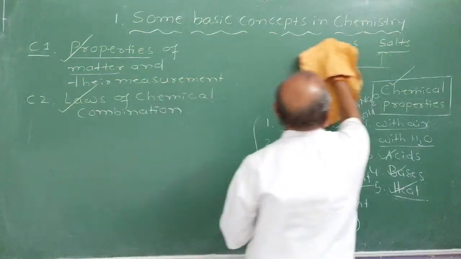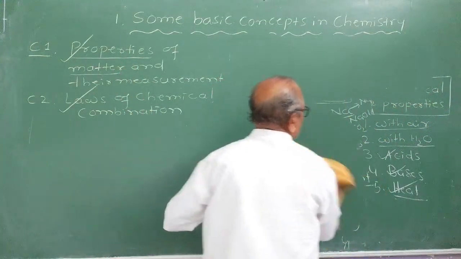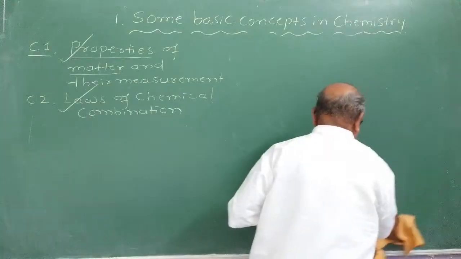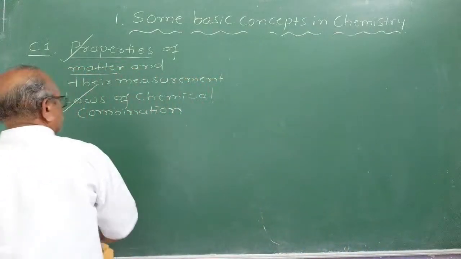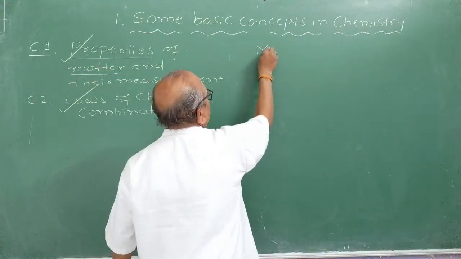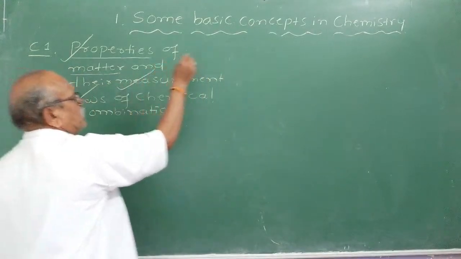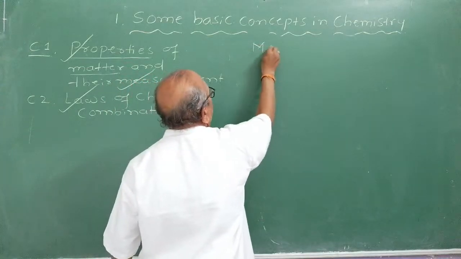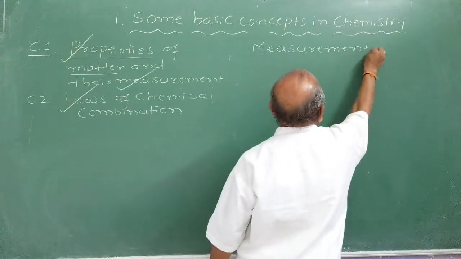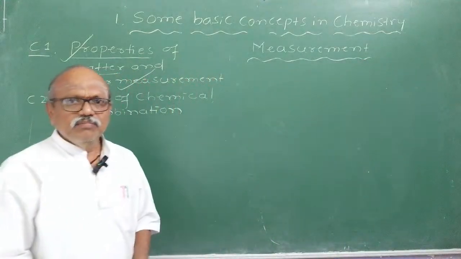So very important part is a numerical part here. I'll be focusing on this numerical part. This numerical part is related to masses. Okay, you can observe the different topics, masses. This particular branch, we call it measurement. So second one is matter and their measurement. Very important thing in daily life is measurement. In everyday life, every common man makes the measurement.